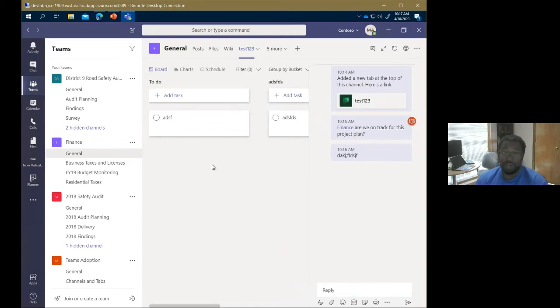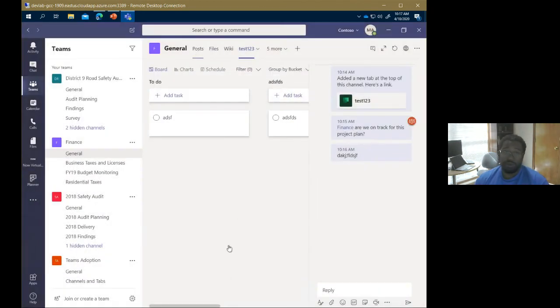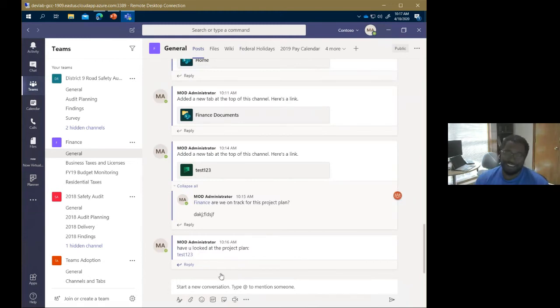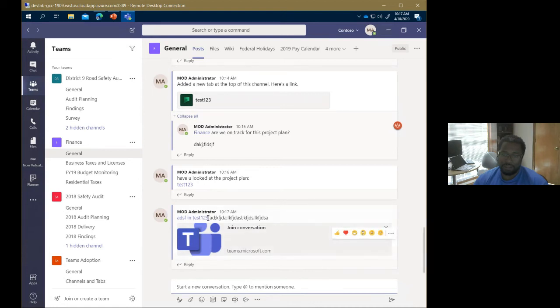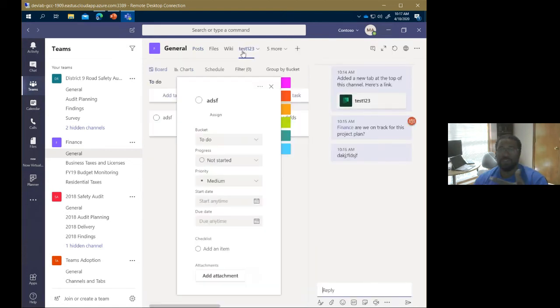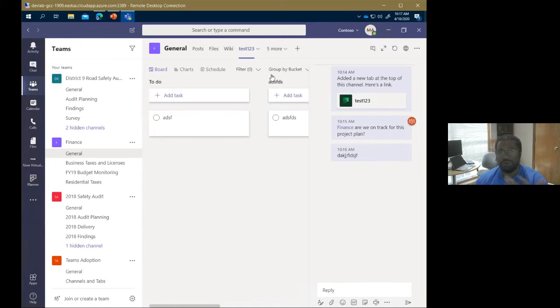In the case of Planner, that even applies to a task itself. Copy link to this task, right? If I wanted to actually reference that, Control C, I can come out to a post. This wasn't meant to be a Planner session here, but we just happen to be talking about that. But again, I can post that particular link to that task, and click that and be taken right to the tab and have that particular task open up. So that's why I would use the word tabs. The tab is integrating Planner, because it's really a lot more than just a little window into a Planner. You can see it's a little more elegant than that.